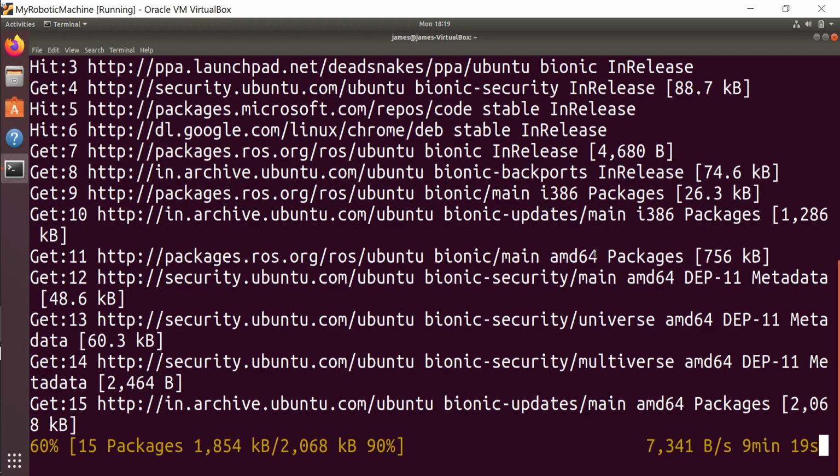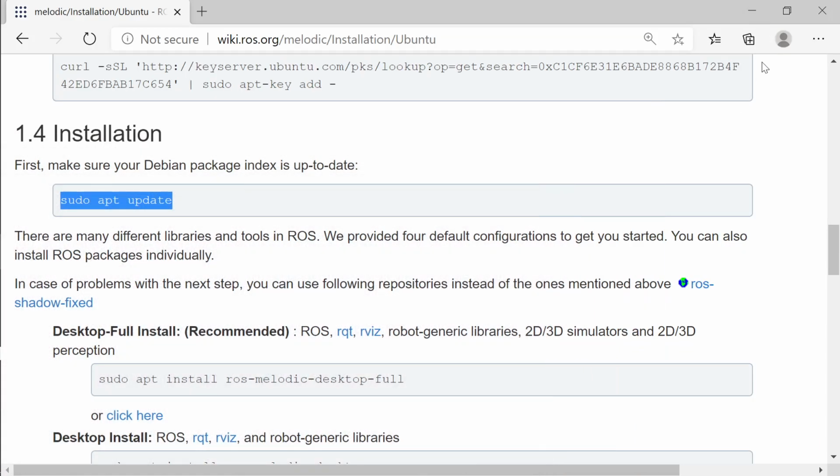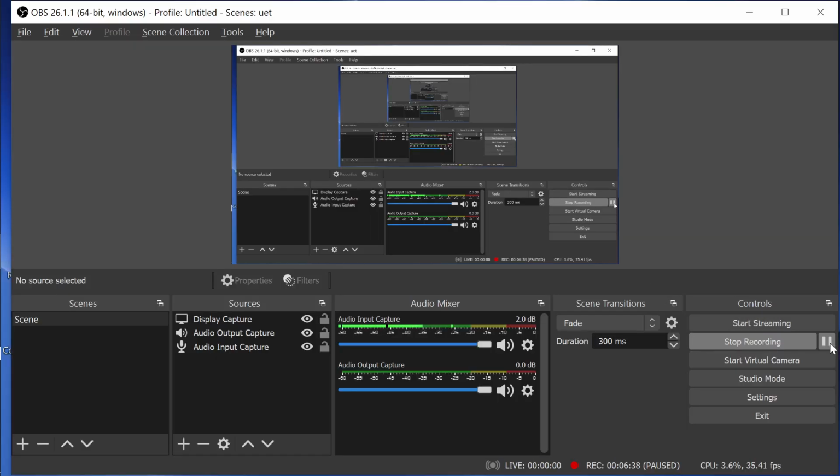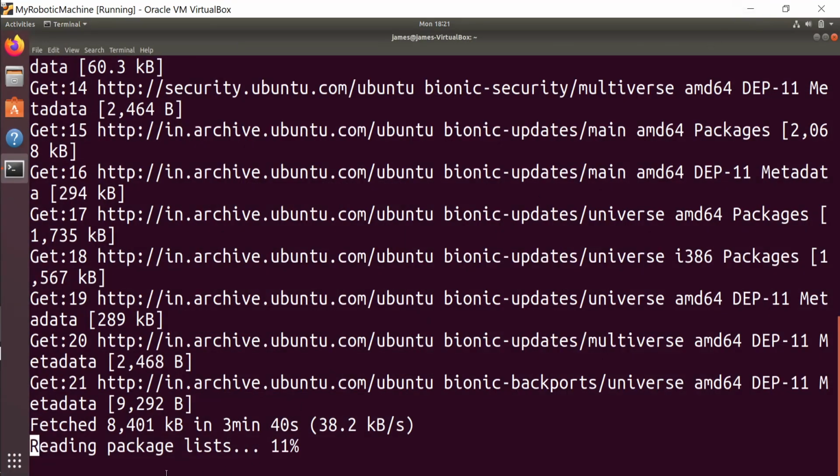The network is slow. This is 7 kB. It's downloaded, but it's still reading the packages and doing all the necessary updates.